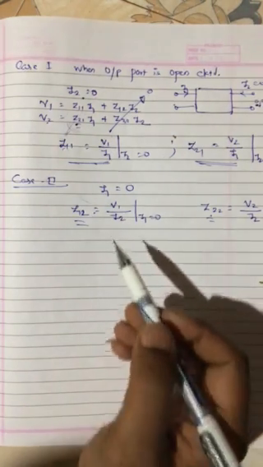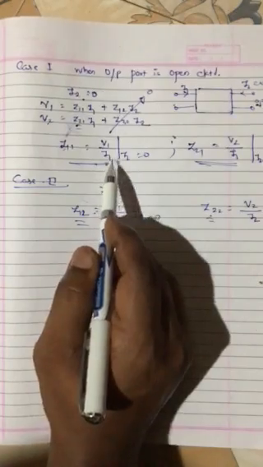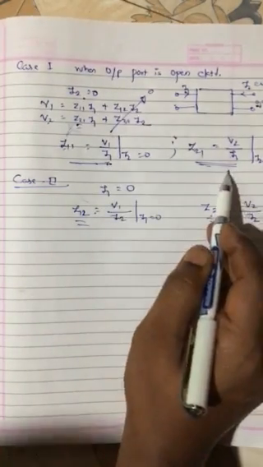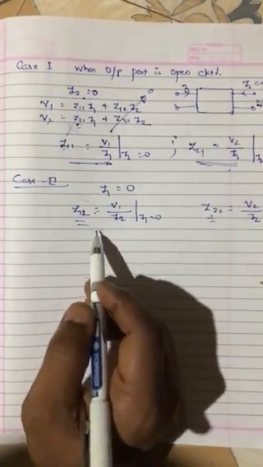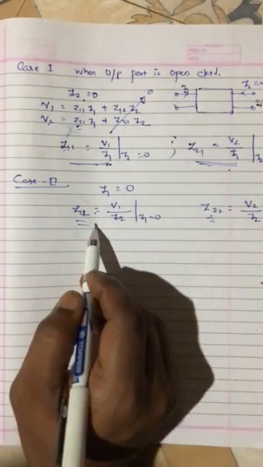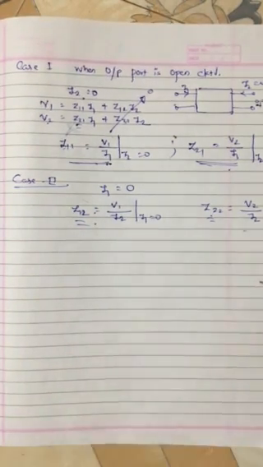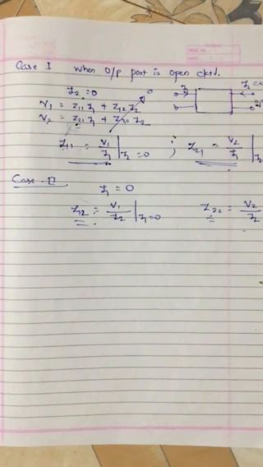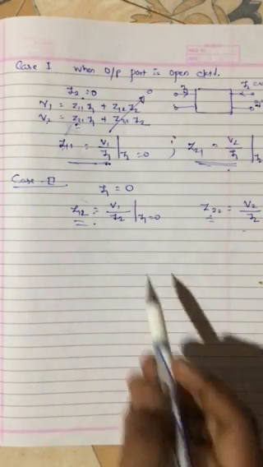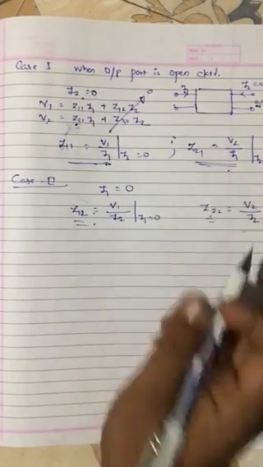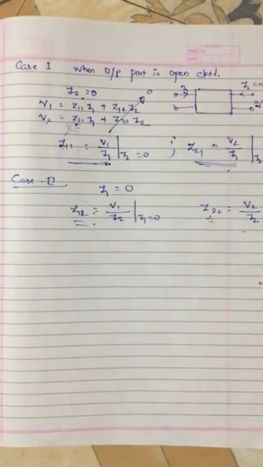Now, as I said previously, Z11 is a driving point impedance function. Z21 is the transfer impedance function. Z12 is the open circuit reverse transfer impedance, and Z22 is a driving point impedance with the input port open circuit, that is the open circuit output impedance. All these parameters are measured with either the input or output port open circuited, so these are called open circuit impedance parameters.